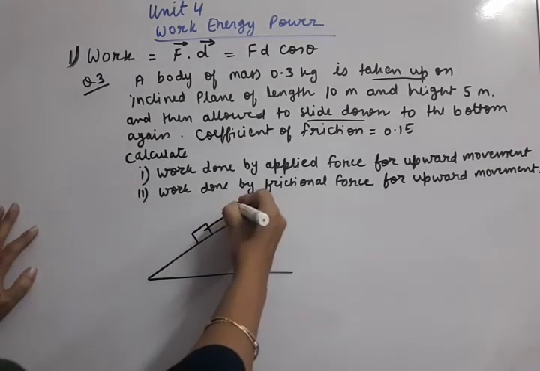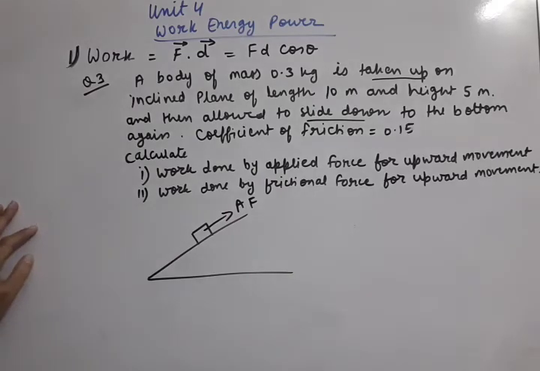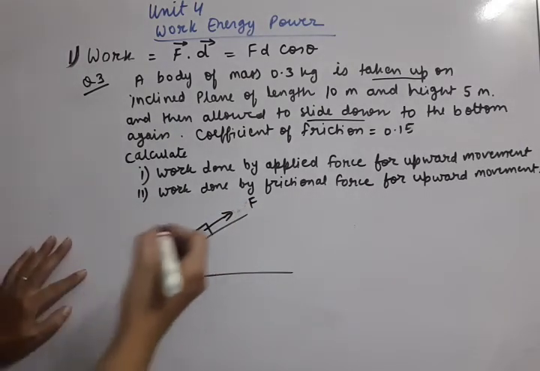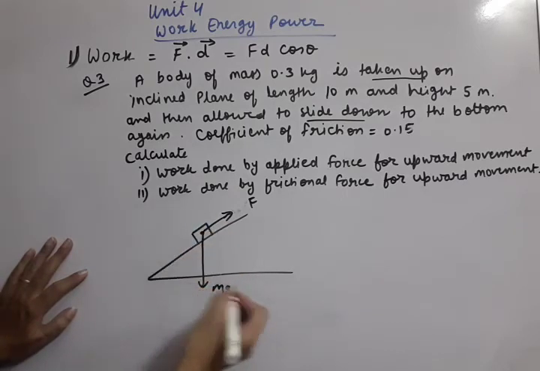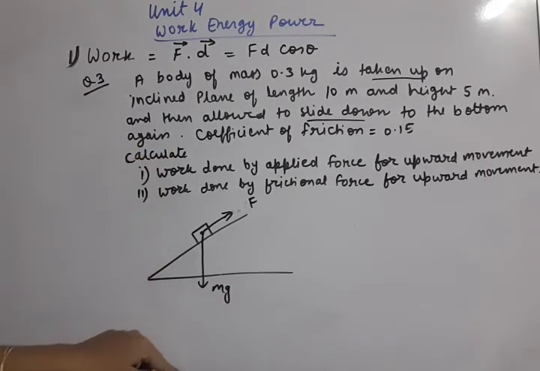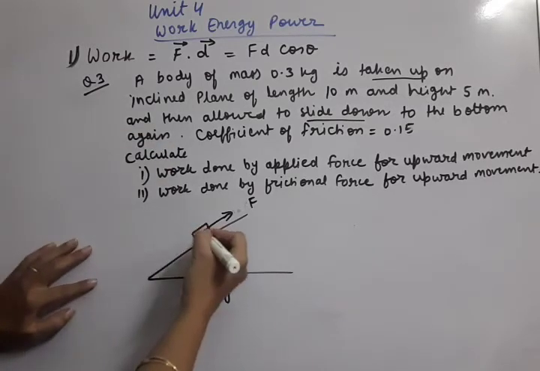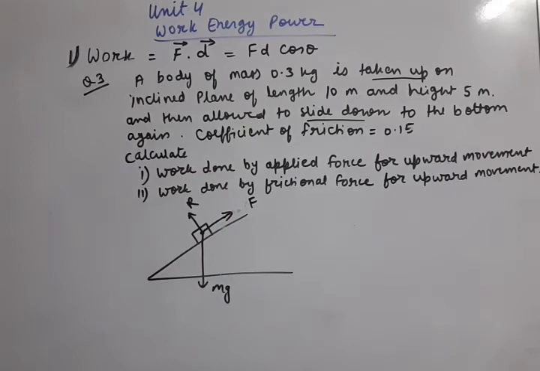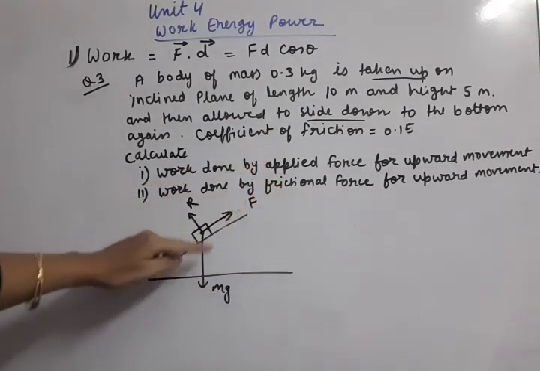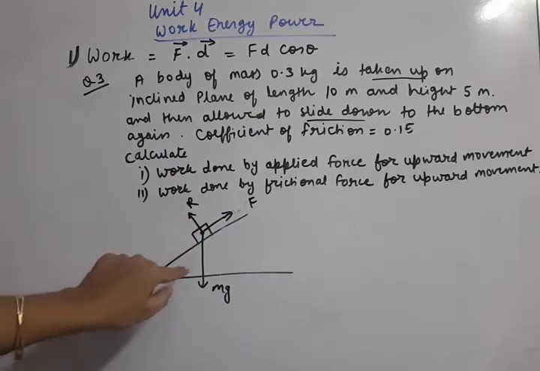So here the applied force is there. Let us call it capital F, applied force. So we will show all the forces which are present just now. We have to show always the weight mg vertically downwards, straight. Then because the body is touching the inclined plane, normal reaction R will also be there. Now we know that we can resolve these forces. And one more thing, coefficient of friction is also present in the question. So that means the surface is not frictionless. Friction also we have to involve.